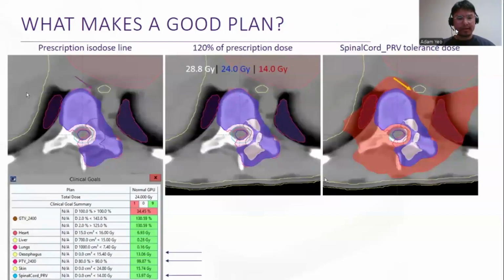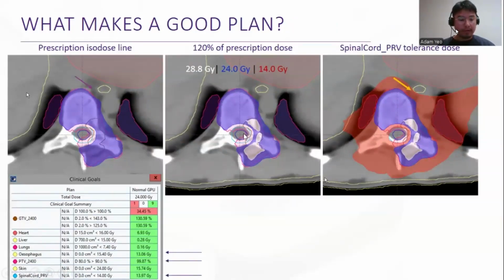And then what makes a good plan here? This is our 100% isodose line. And this 120% hotspot should be maintained inside the GTV, and shouldn't be located adjacent or close to organs at risk. When you look at the 50% isodose line here, it should be wrapped around other critical organs such as the esophagus. And for the spine, we don't really try to cover 100%, which is impossible because the PTV is always overlapped